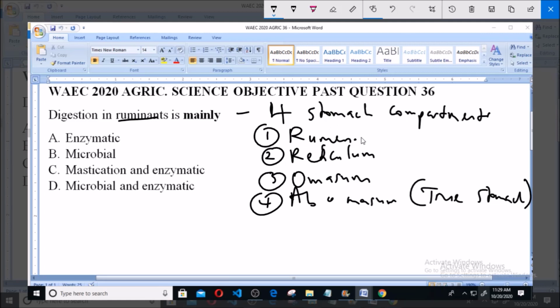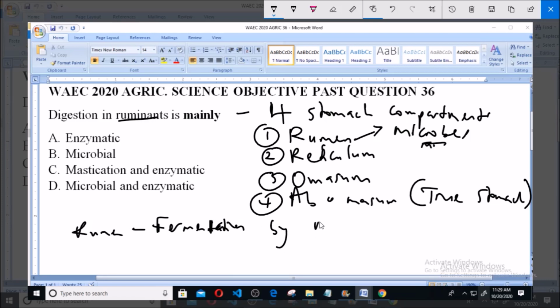Now, the rumen is basically the site where the food is exposed to microbes. Okay, so it undergoes fermentation by microbes. The rumen is where the food undergoes fermentation by microbial action, by the action of the microbes present in the